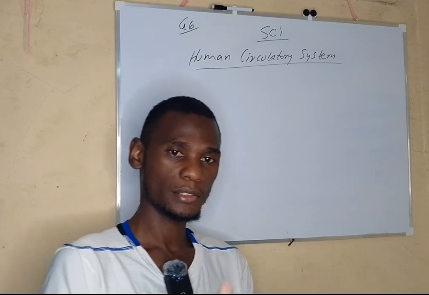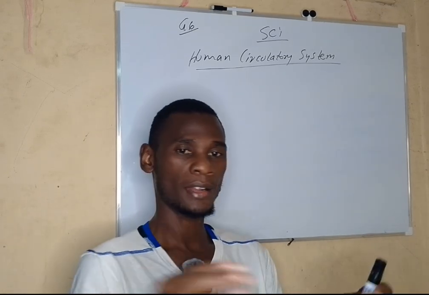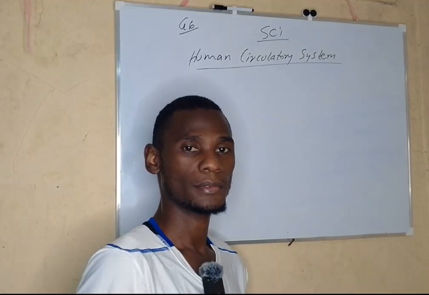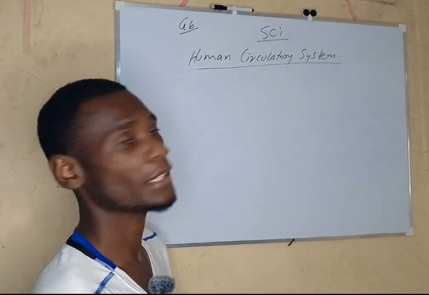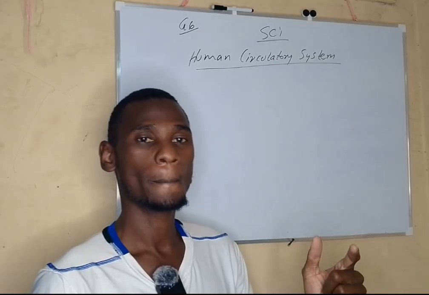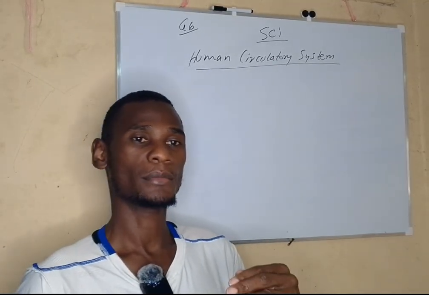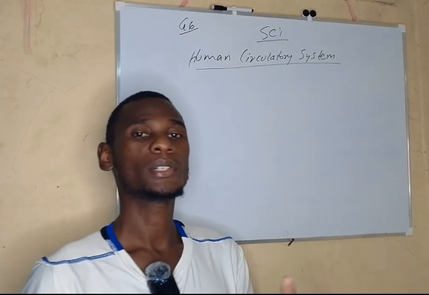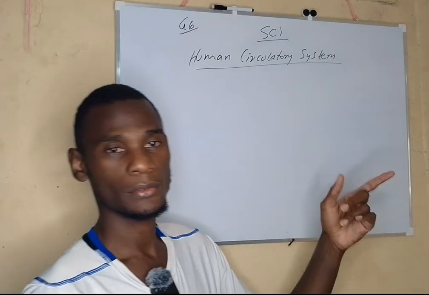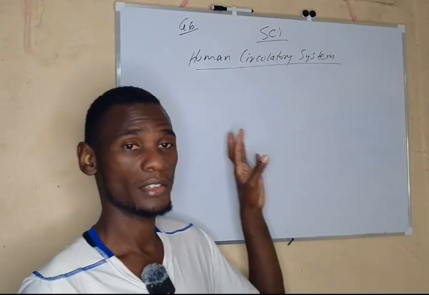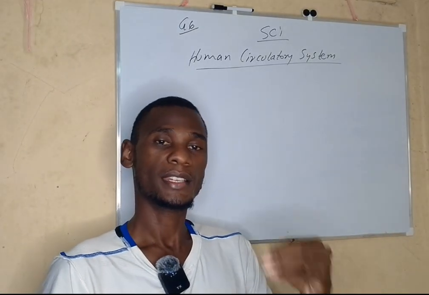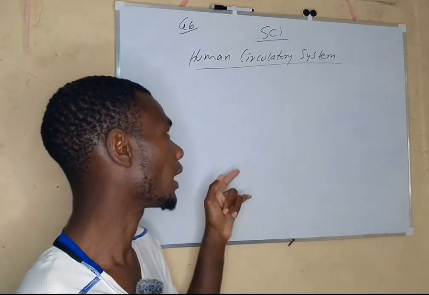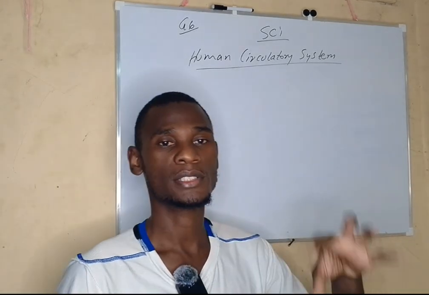It moves from this part to this part to that part. So there are a number of parts that are involved, that form a system. Any system you see, either the digestive system, there are so many parts involved in that system. You look at the breathing system, there are so many parts involved. Same to this human circulatory system. It is a system, there are so many parts that are involved. So that is what we want to check. What is this circulatory system?